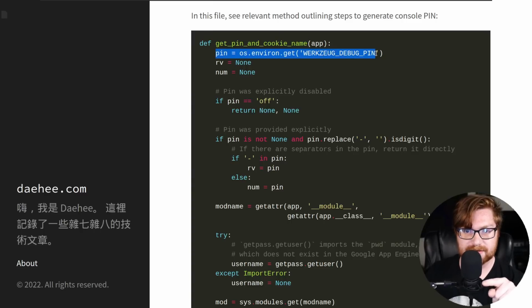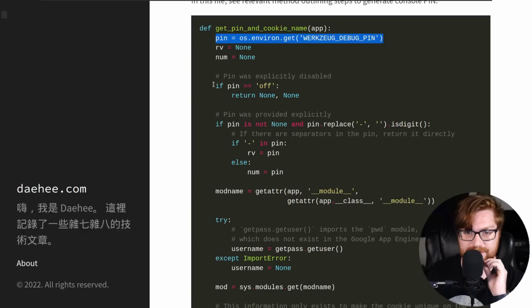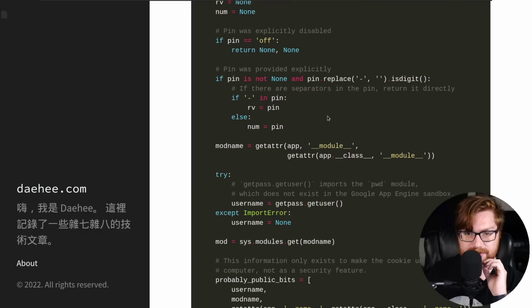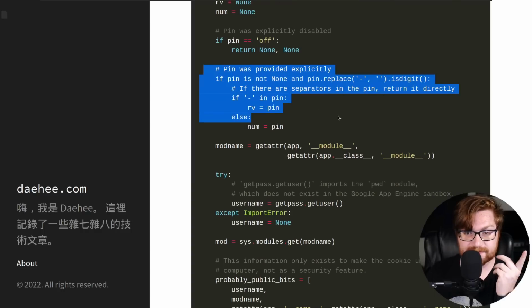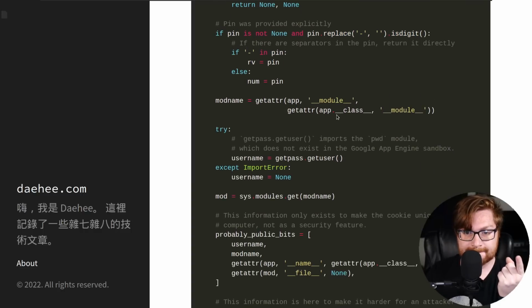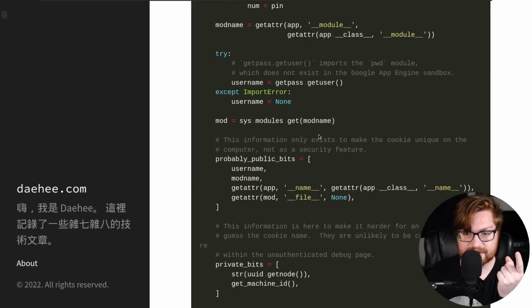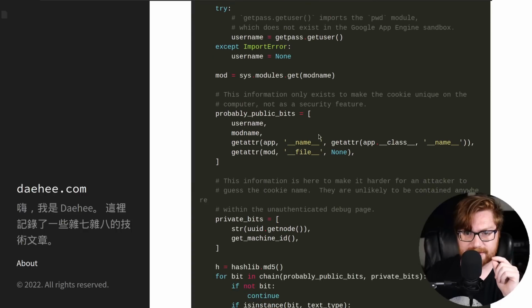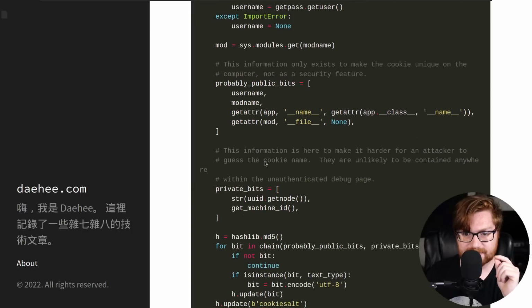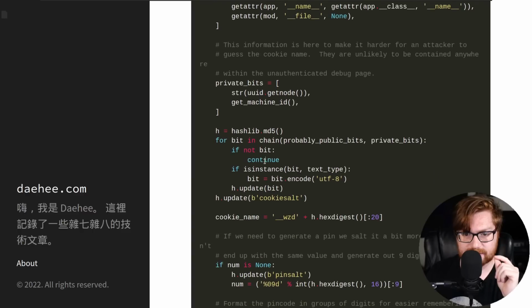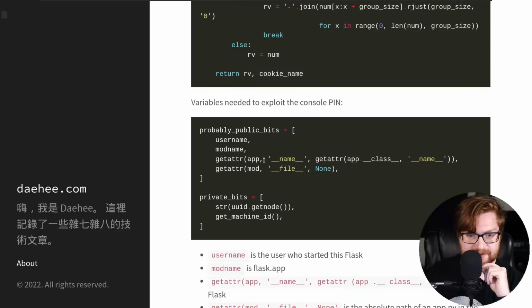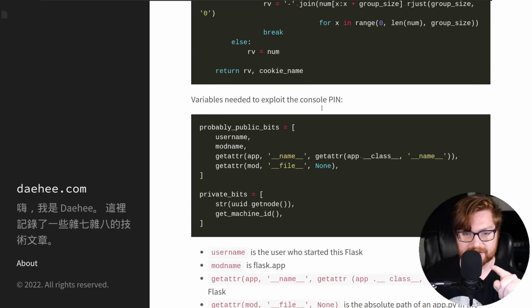So it retrieves it from the environment, like an environment variable, if it's explicitly disabled, or if the pin is explicitly provided, otherwise you do all these things. You have a couple of properties here. Authenticated code. Let me go see what this explains. The variables that are needed to exploit the console pin are in this list of probably public bits, being username, mod name, getattr. So we know the username